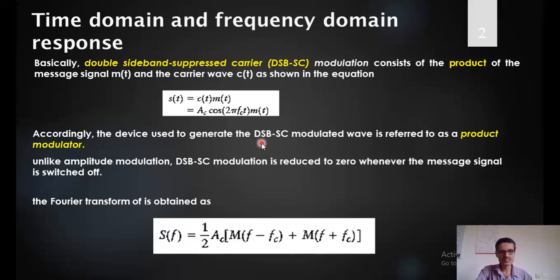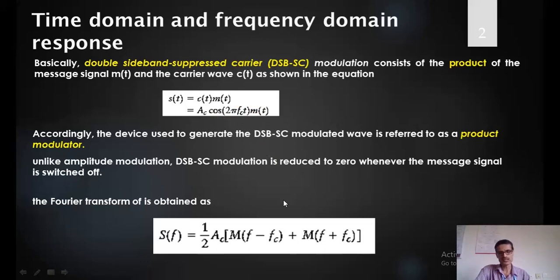Now, this is a very simple equation in the time domain. A simple multiplication of C of t and M of t gives you the time domain equation for the double sideband suppressed carrier signal. Now, if I take a Fourier transform of this, what we have is a multiplication of M of t with cos 2 pi fc t. So what happens in the frequency domain is that the spectrum of M of t will be shifted by fc, that's all. If I apply a Fourier transform, it is Ac by 2 times M of f minus fc plus M of f plus fc, on both sides. This is what we get in the frequency domain, from the simple multiplication of the cosine signal with M of t.